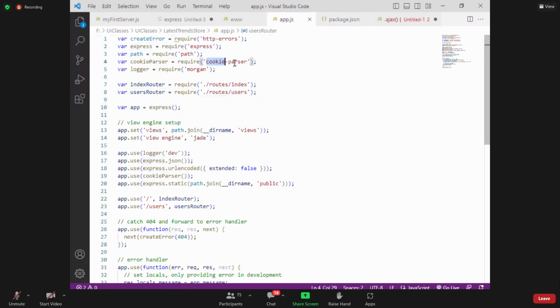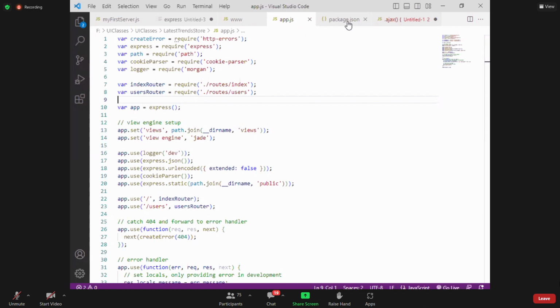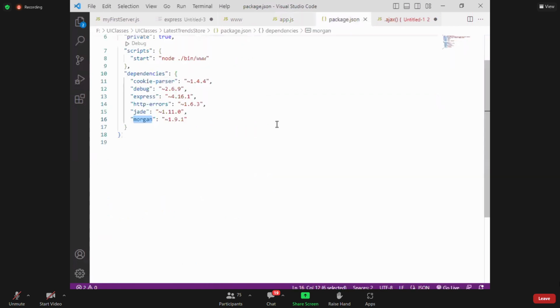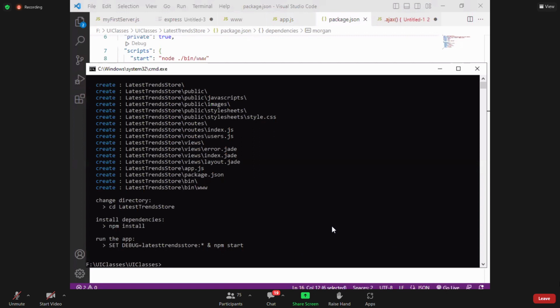When I open this app.js, am I not using these modules here? See, it is internally using modules called cookie-parser, Morgan, Path, Express, http-errors. All those things have already been mentioned in the package.json. Why are you mentioning them in package.json? The reason is, whenever I want to run this server,